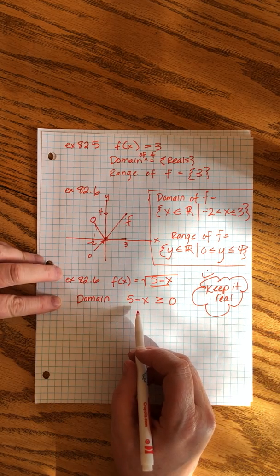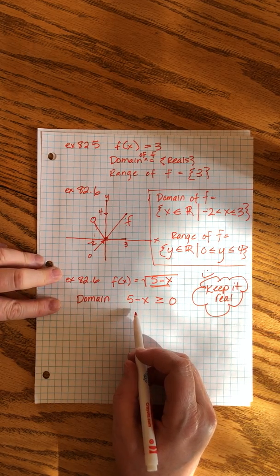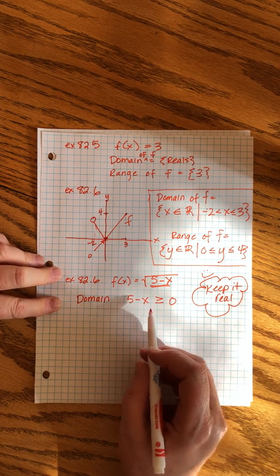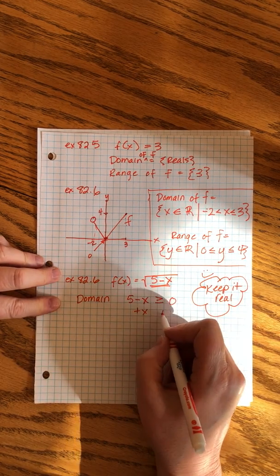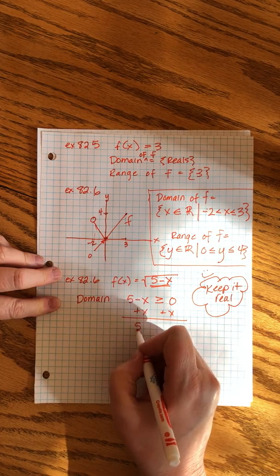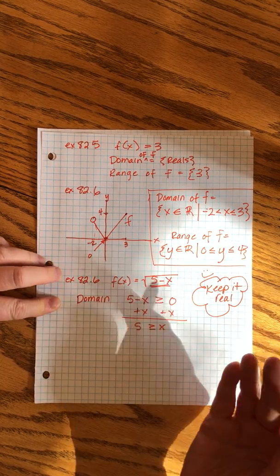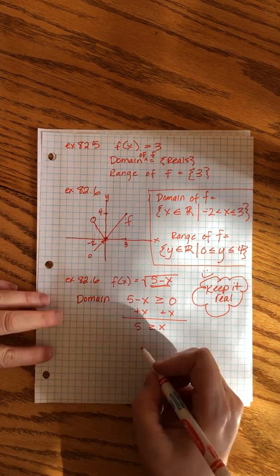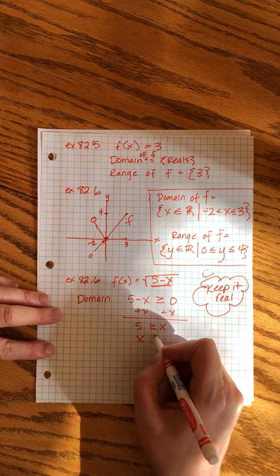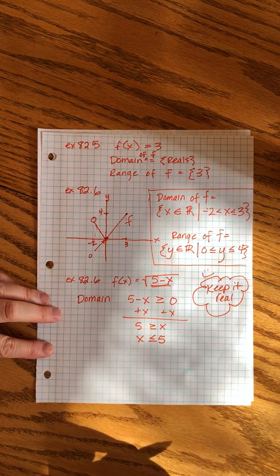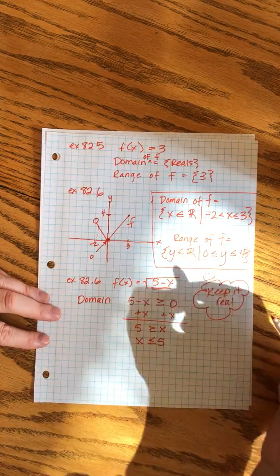So we can do the algebra on this. Let's just add x to both sides. 5 is greater than or equal to x. I'm just going to pick that up and flip it over so that x is where I like it. x is less than or equal to 5. And now we'll write it in this fancy